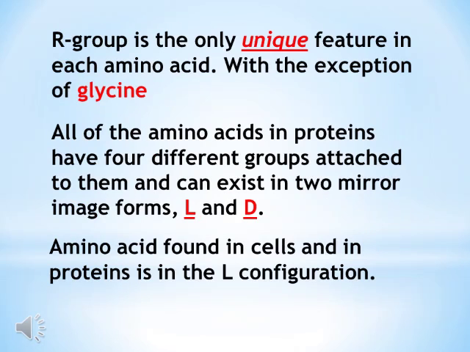The R group is the only unique feature in each amino acid, with the exception of glycine, whose R group consists of a hydrogen atom. All of the amino acids in protein have 4 different groups attached, and consequently can exist in 2 mirror images, L form and D form, with only very minor exceptions. Every amino acid found in cells and in protein